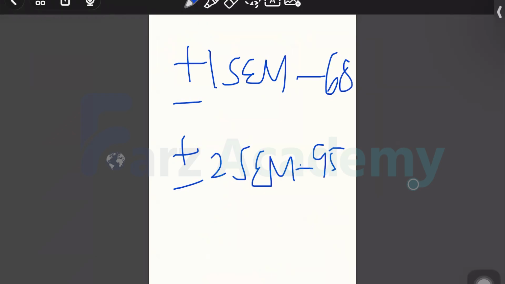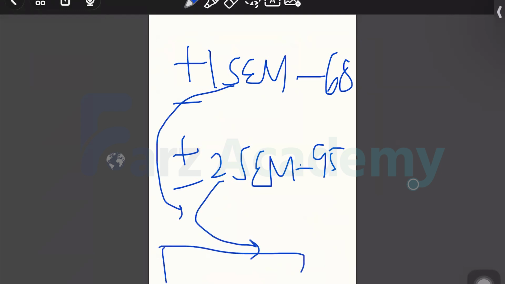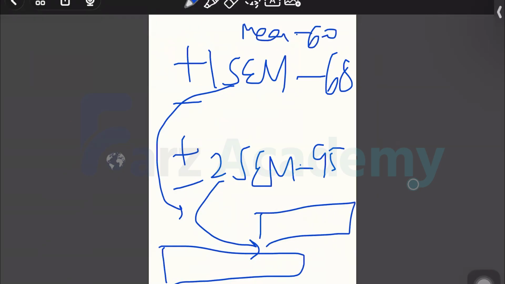Okay. Now please tell me the range for this and the range for this. Come on, work out that much. Tell me quick. The mean I told you was 60. Standard error of mean we calculated was 0.2. Come on, tell me now. 68% of population values would lie between what, and 95% would lie between what? Quick.